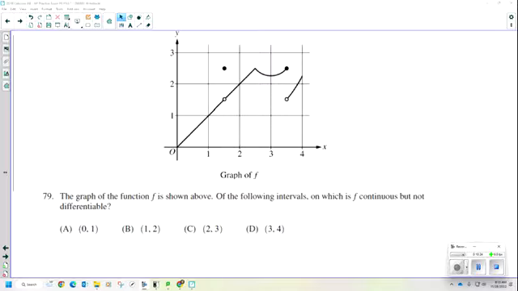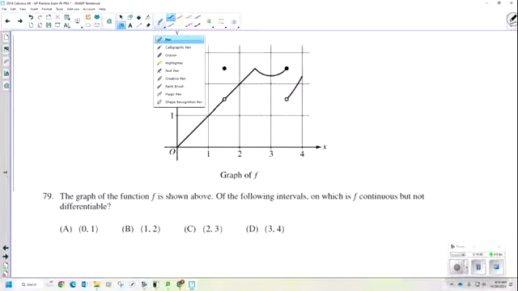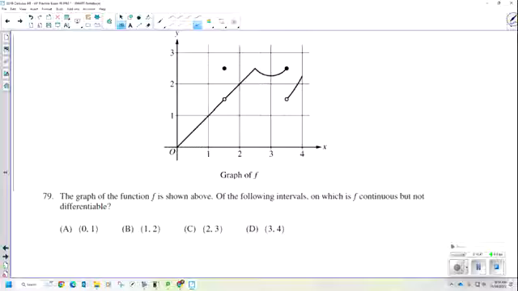Number 79. The graph, another graph, how lucky am I? The graph of the function f is shown above. Of the following intervals, on which is f continuous but not differentiable? Oh, calculus people, why do you toy with my emotions? Why do you say I can use a calculator but not need one? Continuous but not